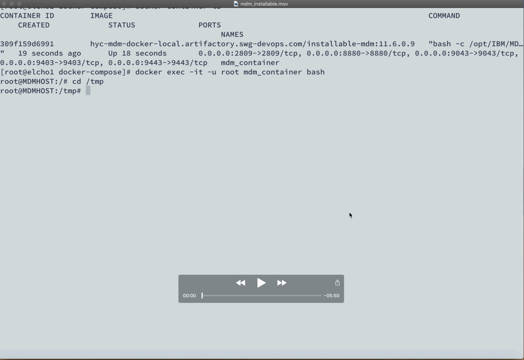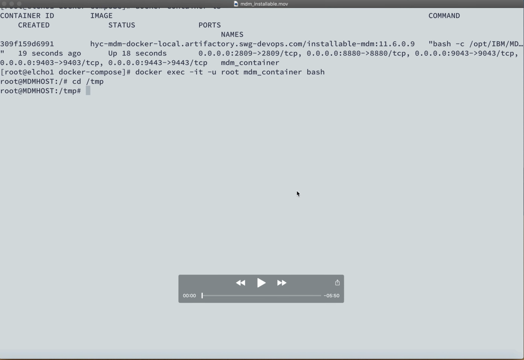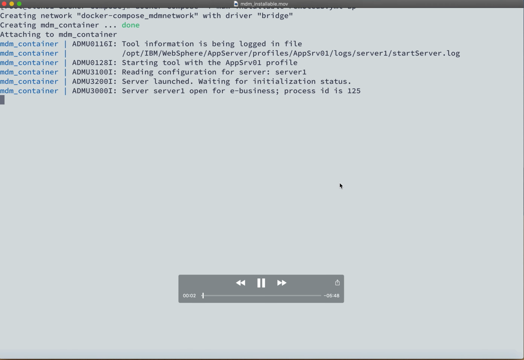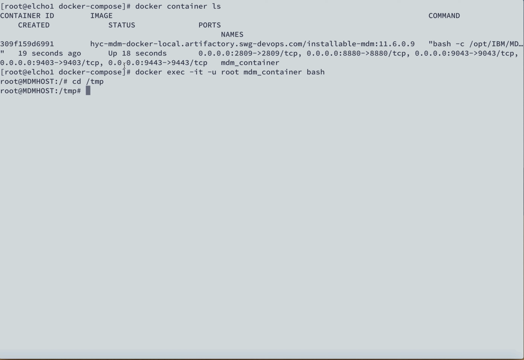In this session, we will be seeing how we can use the installable MDM. The installable MDM has MDM installed, that is extracted using the installation manager. However, MDM is not yet configured on the application server. You can perform the configuration by making the MDM point to your database and MQ that is already available in